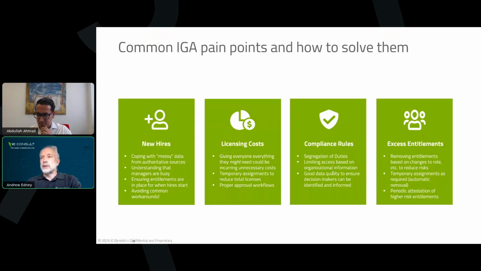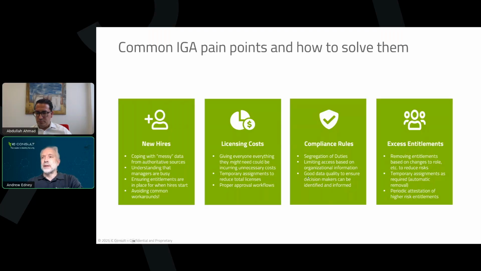It's quite common to say that you want to have some sort of controls over who has access based on where they are in the organisation. So, for instance, if your access to your finance systems is based on you working in the finance department, that's a compliance rule you may want to implement. It says only people in finance can access finance. And the key thing here is that the identity management platform can aggregate a lot of data.